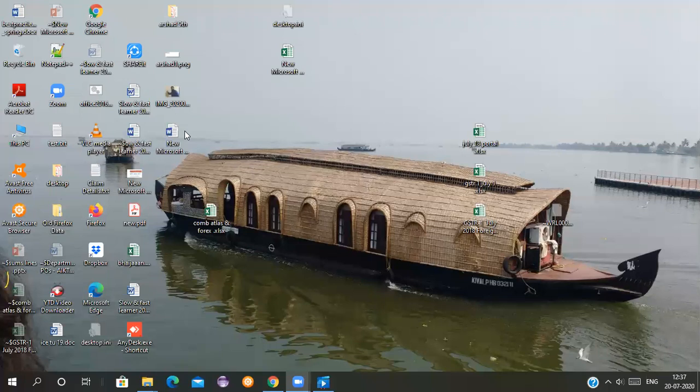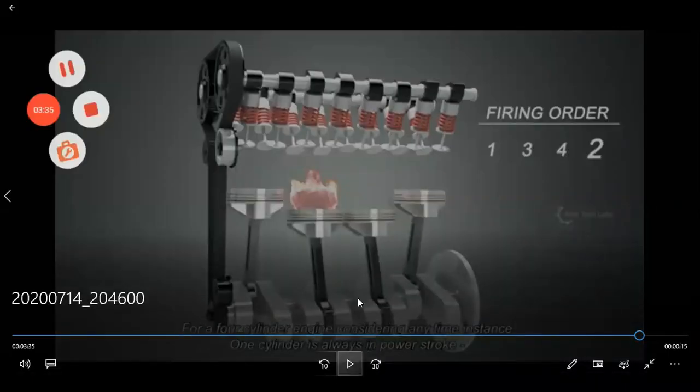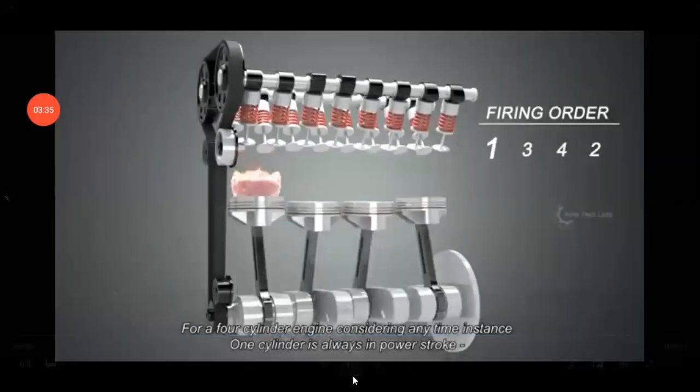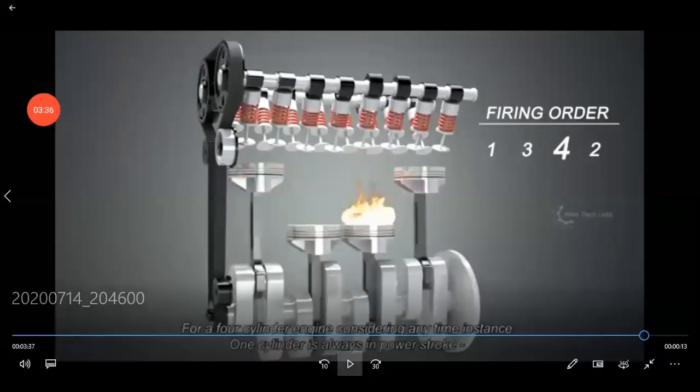Yes, students, let us see. Now, I will tell you more about the firing order. This cycle which I have shown you, the 4 strokes, is taking place in all the cylinders one by one. But at the same time, it is not taking place. You can see the working: 2 pistons are going down and then the 2 pistons are coming up. This arrangement is made to balance the engine also.